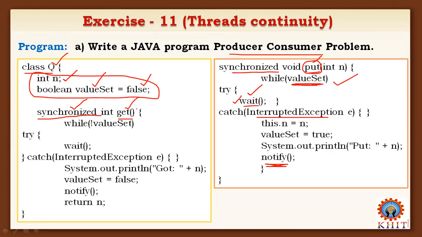The same way for the get method, which is used by the consumer, we should also define it as a synchronized method, and it also uses wait and notify. Wait gets the lock before consuming that value, based on valueSet, so no one can put data while it is being consumed. And notify is the method which wakes up the waiting processes on valueSet. By using these two methods, we get proper synchronization among the producer and consumer.